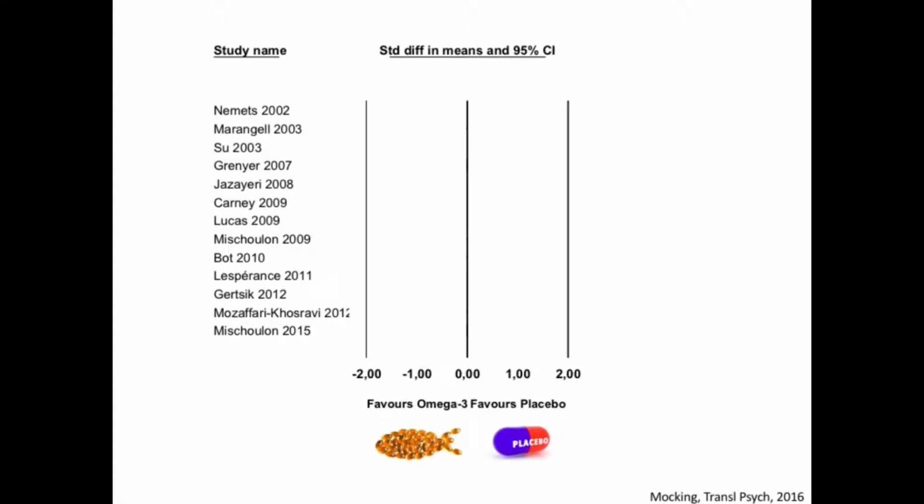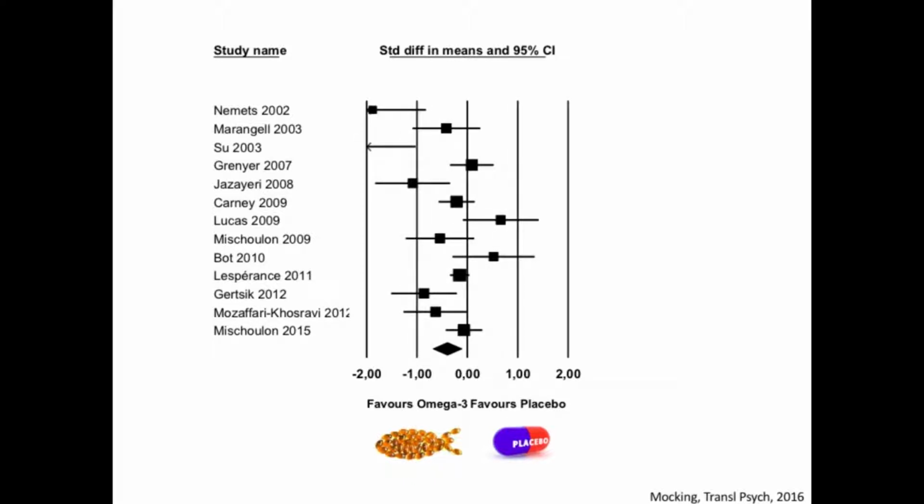And when planning this meta-analysis, I still was a bit critical. Okay, I learned, like you just now, about the role of omega-3 fatty acids in the brain and the relationship with psychiatric disorders like depression. But still, could a simple nutrient be effective in the treatment of depression? When pooling the available data from in total about 1,300 subjects, to my surprise, I found that the omega-3 fatty acids were more effective than placebo. And moreover, they showed a medium effect size that may even be clinically relevant.